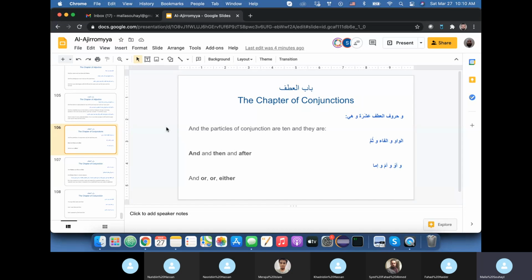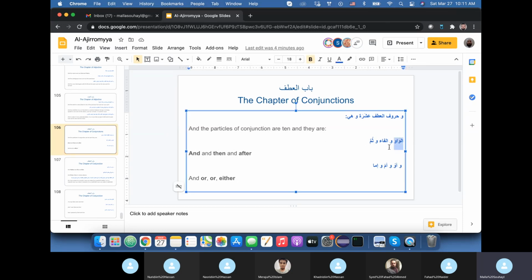He says, and the particles of conjunction are 10, and they are al-waw, al-fa, wa thumma. So the first three are and, then, and after. So in Arabic, al-waw means and. Al-fa in Arabic is used for conjunction, but it indicates